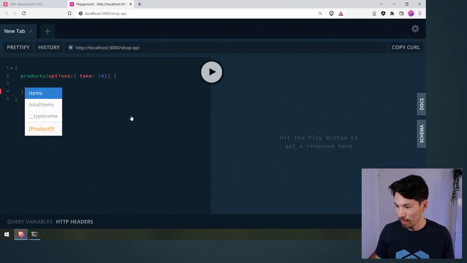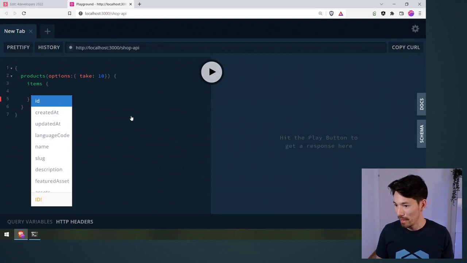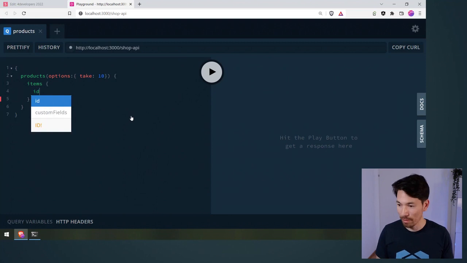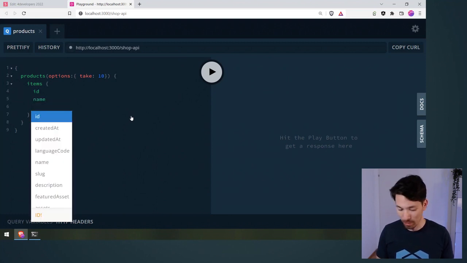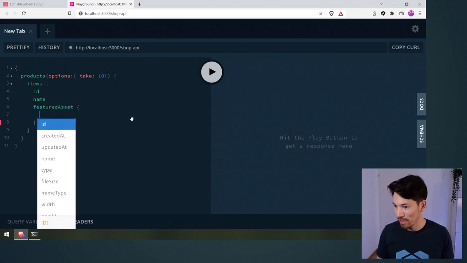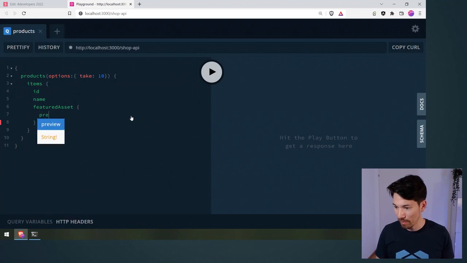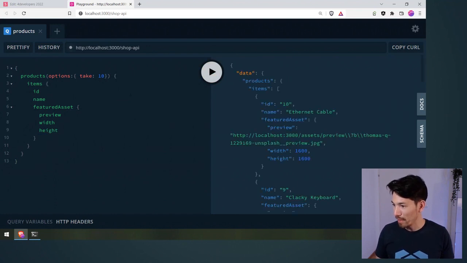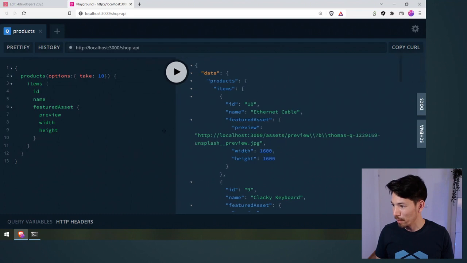and then we want to select the items in the list, and each item has a bunch of different properties because each item in this list is an actual product. Well, let's get the ID, let's get the name, let's see what else we can get. Oh, okay, we can get the featured asset, which is the image, and we'll want the preview. Oh, we can also get the width and the height, it seems. That can be useful for optimizing our front end. Okay, and let's run that query, and we'll see that we get back